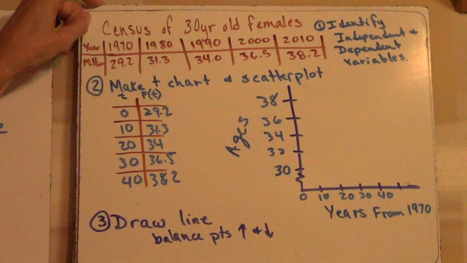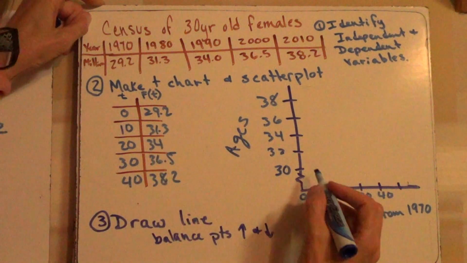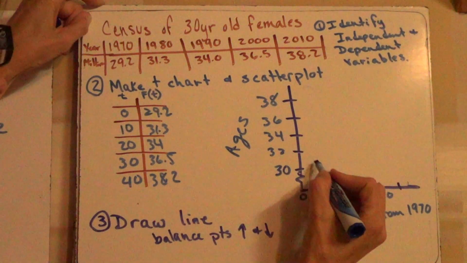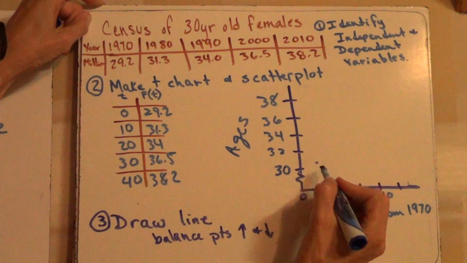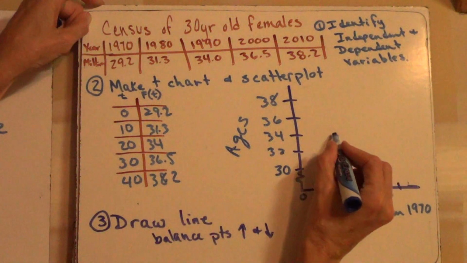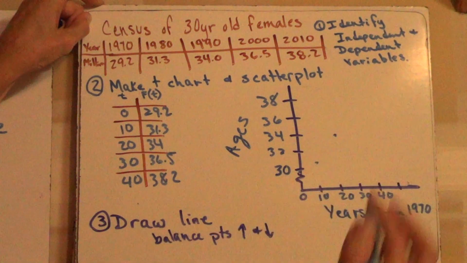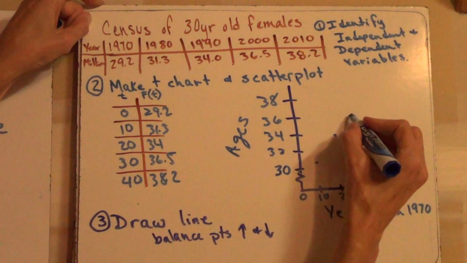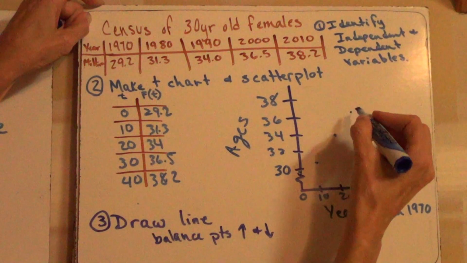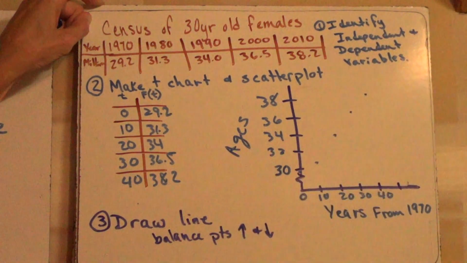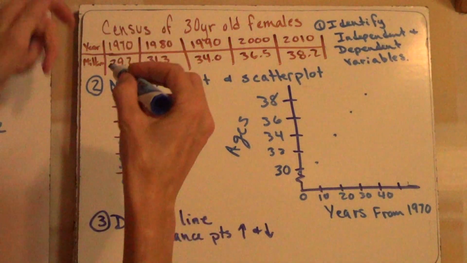Okay? Now we would go ahead and plot these. At 0, 29.2, about there. 10 would be 31.3. And I highly suggest that you use graph paper. I don't have boards that have the grids on them here at home. 20 is 34. That's the only reason that I don't. And if you don't have gridded paper, then you've got to just sketch it out right now in your notes. 30 is 36.5. 40 is 38.2. And we can see that we could draw a line there,